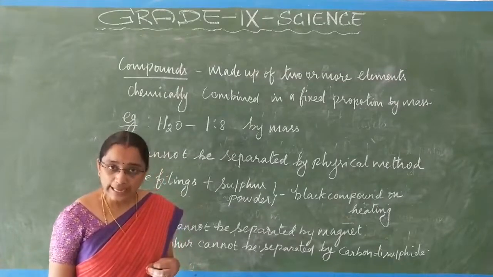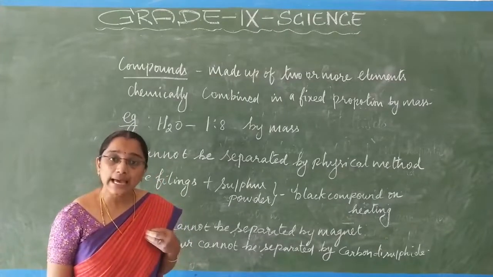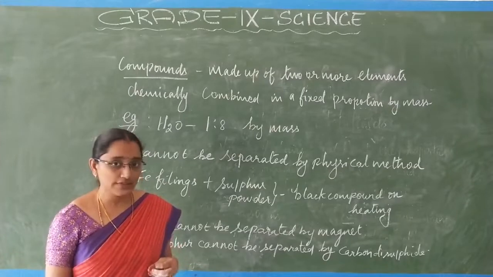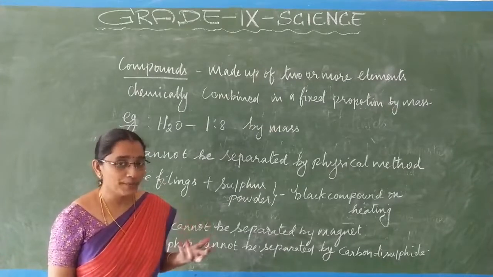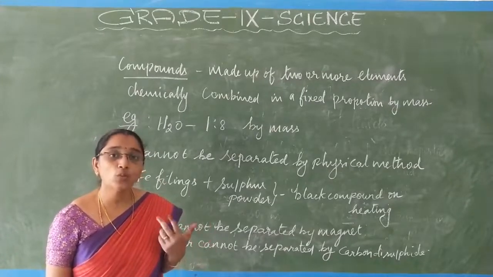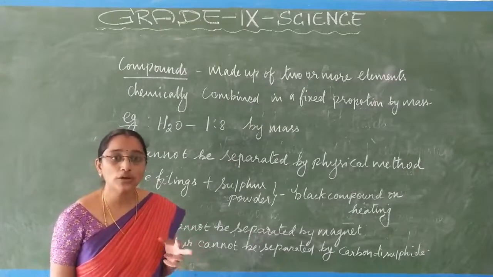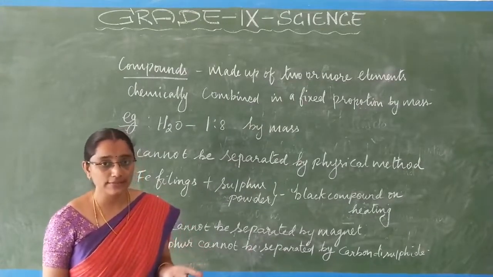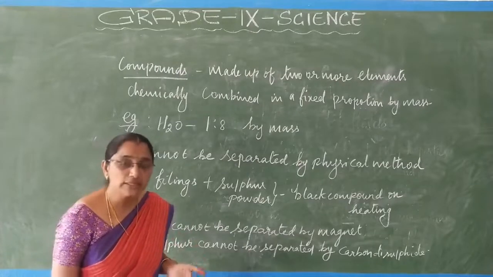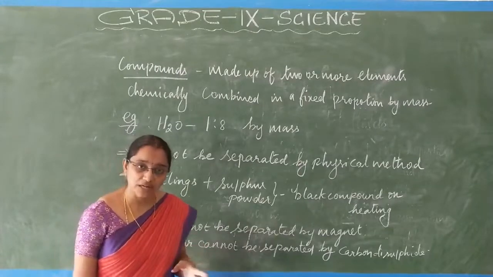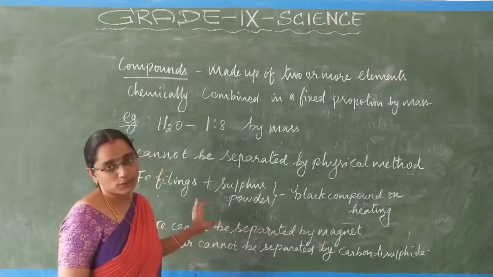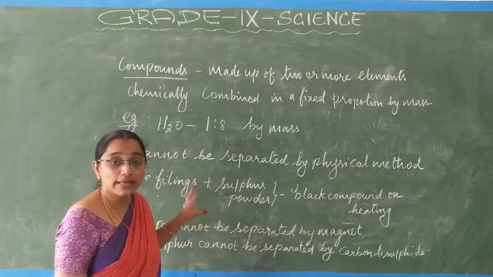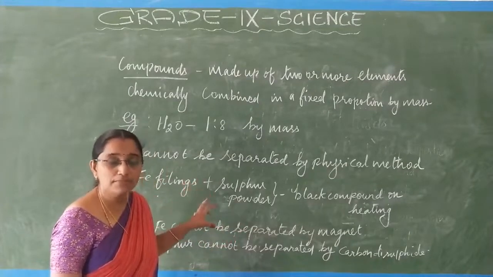contains only one kind of element, that is atoms. Okay, that is the definition we have seen for element. A compound is made up of more than one kind of element, that is two or more different kinds of atoms chemically combined together in a fixed proportion by mass. We may call it a compound. That is, it has chemically combined in a fixed proportion by mass.